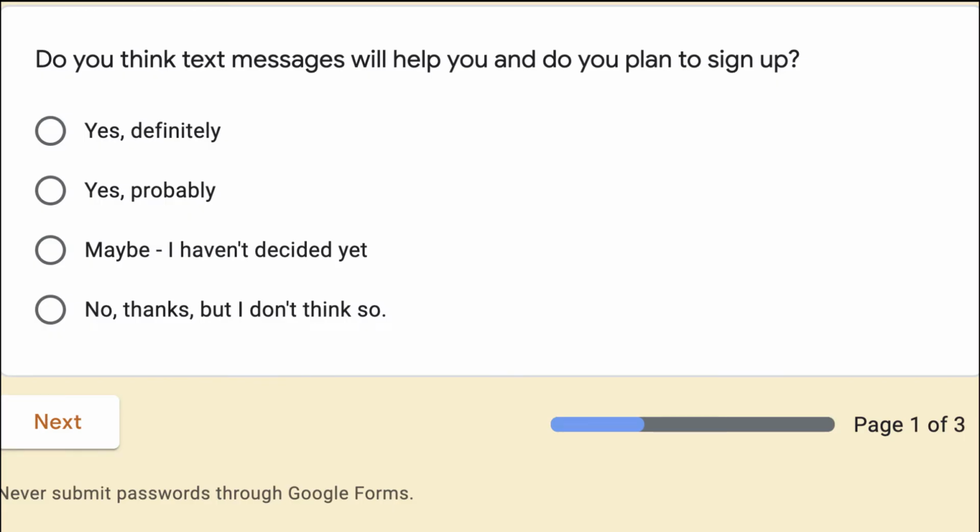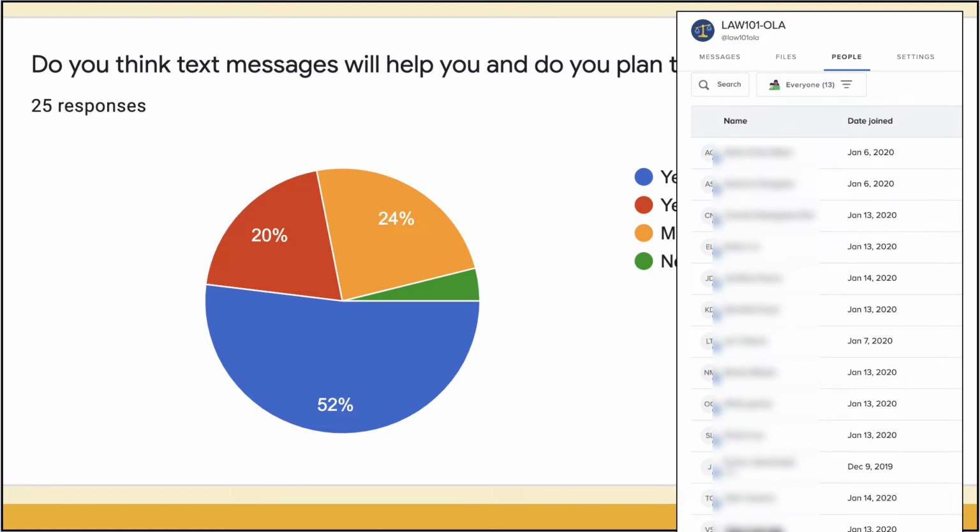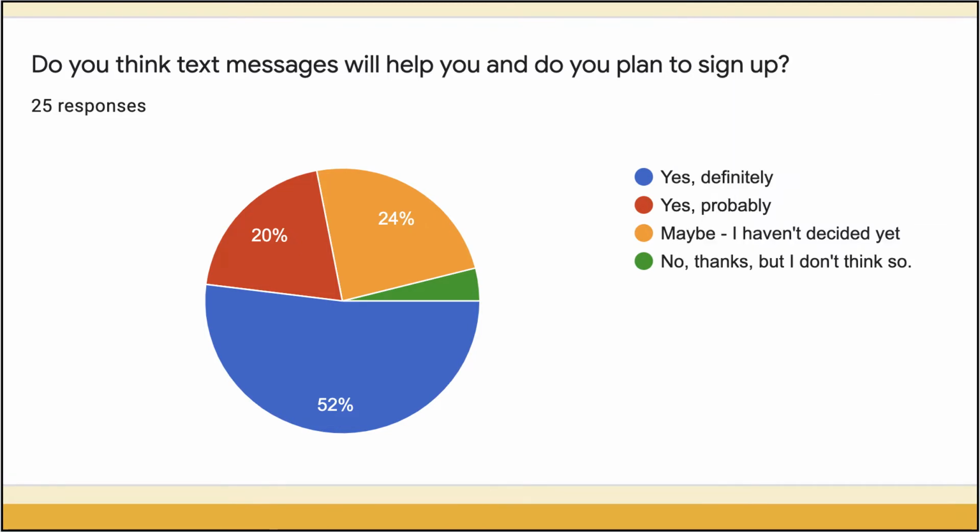In the online class, the next thing that I wanted to connect with them were the online text message reminders that I provided as an optional resource through the free Remind.com website. I provided the link right in the syllabus, and then I asked them if they were likely to sign up. Notice that of the 25 students who responded, 52%, just over half, said they definitely would, and when I went to the Remind.com website, just over half of the students had indeed signed up. So I think that providing the link and asking them to make a commitment contributed to a respectable sign-up rate.